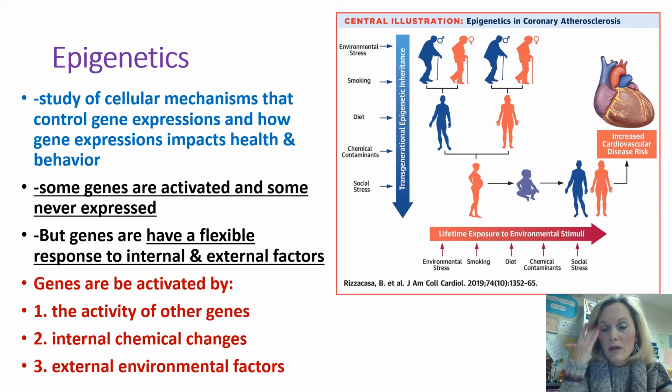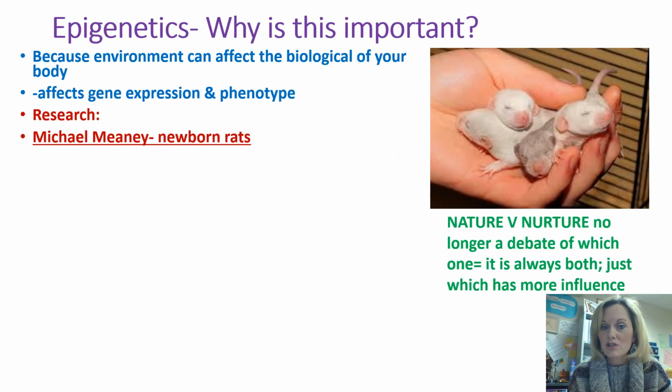Things can also be genetic. I mean, think about in terms of physical health as well. Think about, do you have any cardiovascular disease in your family? They ask you this at the doctor because it is something that can be carried on. And depending on the environment that you have, so are you having any environmental stress? If you see on the diagram, smoking, diet, any chemical contaminants, toxins, exposure to extra toxins and pollutants that other people aren't, and also social stress, and all those can increase your risk of cardiovascular, especially if you are genetically predisposed to it. So it's all kinds of different things that we can have be expressed in genes.